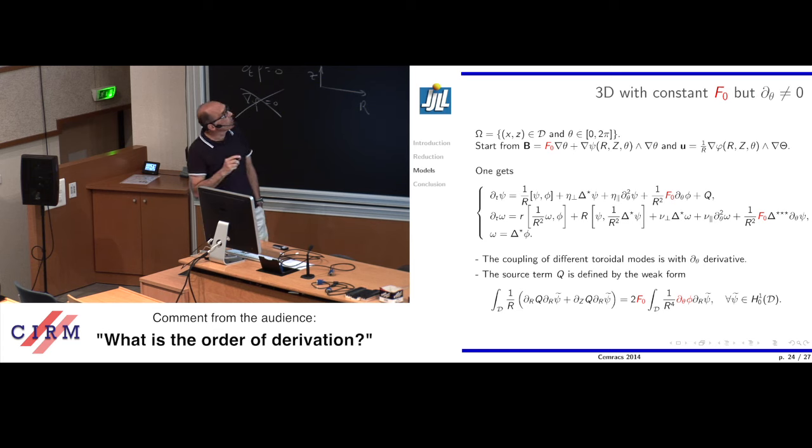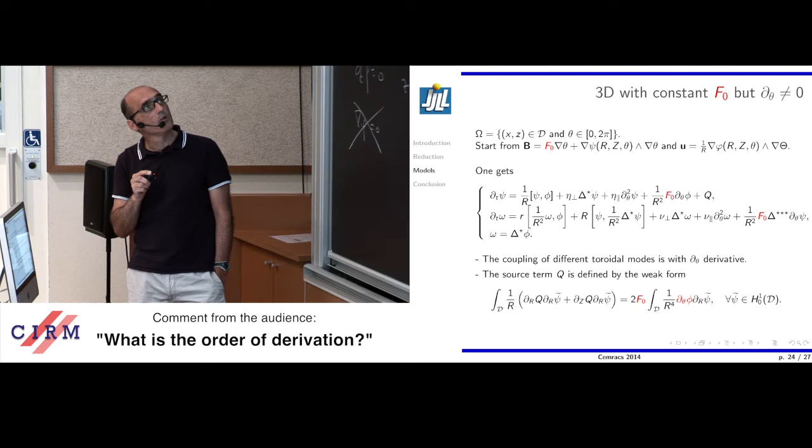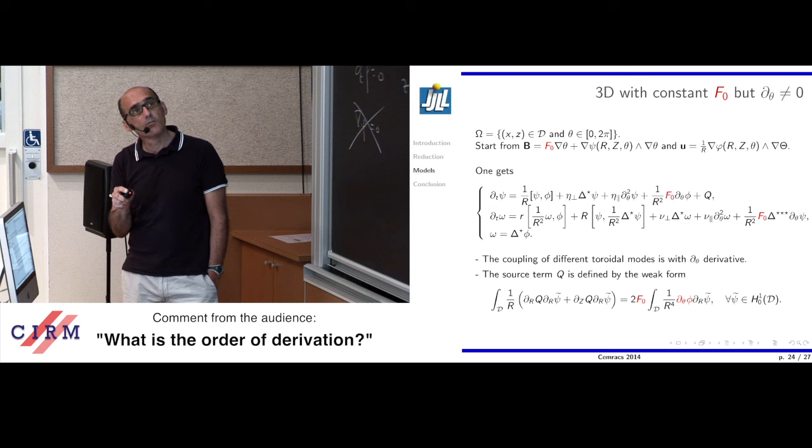So you have a Poisson bracket, which is a second order differential operator. Q is like first order. Then here it is second order, fourth order. The dangerous part is fourth order because it is a Poisson bracket of something with a second order derivative. So it is fourth order, second order, and third order, because this is a Laplacian of some d theta thing. But you have already fourth order.